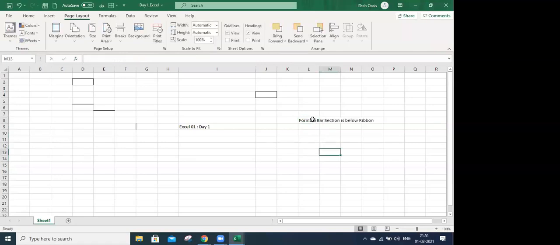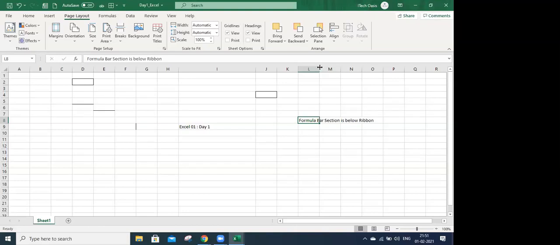Okay, now how can we adjust this whole text? There are multiple options. The first option is, you know that the text is in the L8 cell, so you need to adjust the column width to fit the text. How can you do this? Between L and M there is a separator line. You can see this separator line. The moment I move my mouse cursor between L and M,